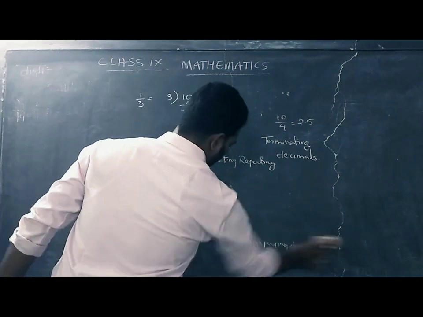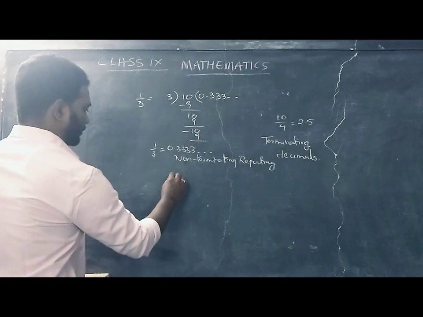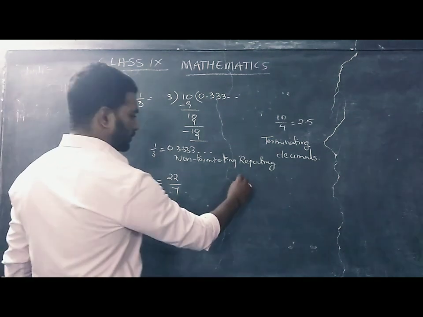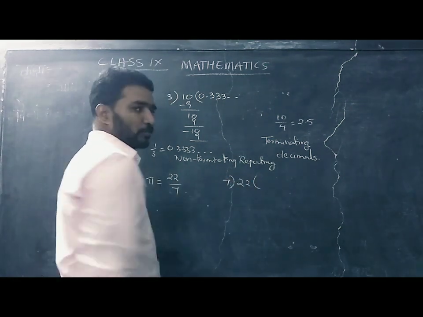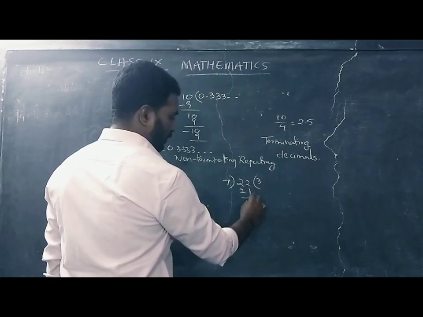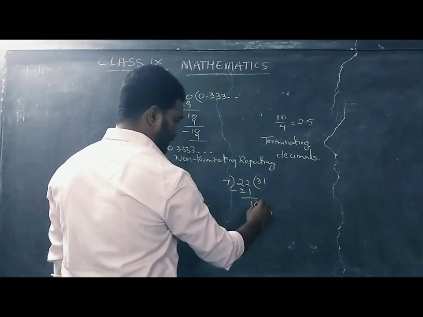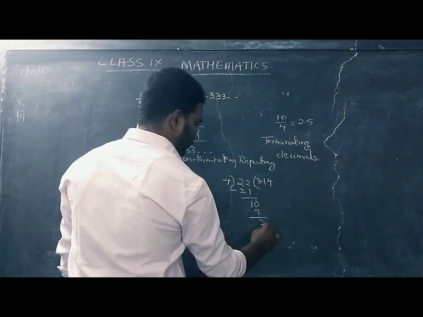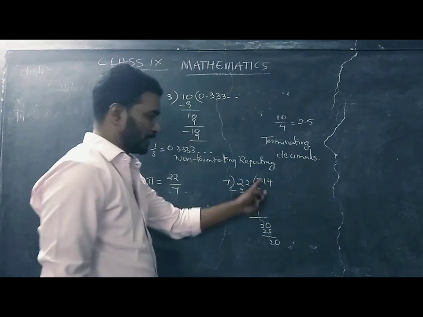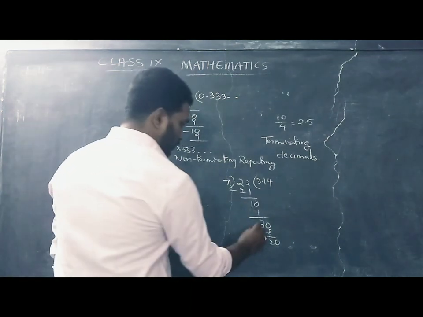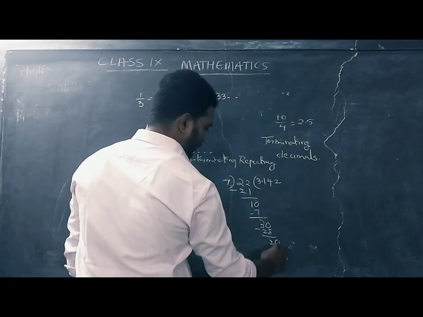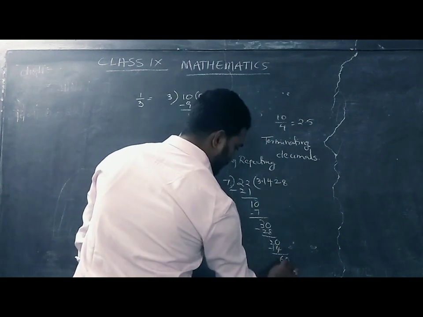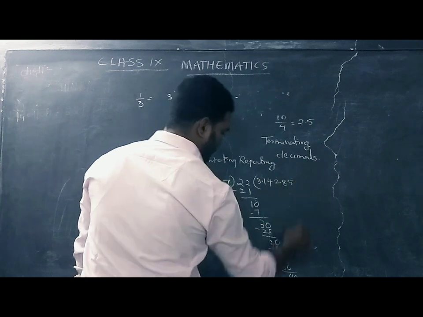So what is non-repeating? 22 by 7, which you already know is called the pi line. So 22 by 7, if I divide by 7, 22 can be. 7 threes are 21, 1 0 it might be. 7 ones are 7, because of the decimal point, 3 0. 7 fours are 28, and 2 0 because of the decimal point, 1 0 you are going to get. So what do you get now? 7 twos are 14, 40. Again we are getting 60, 7 eights are 56, 40, 7 fives are 35.